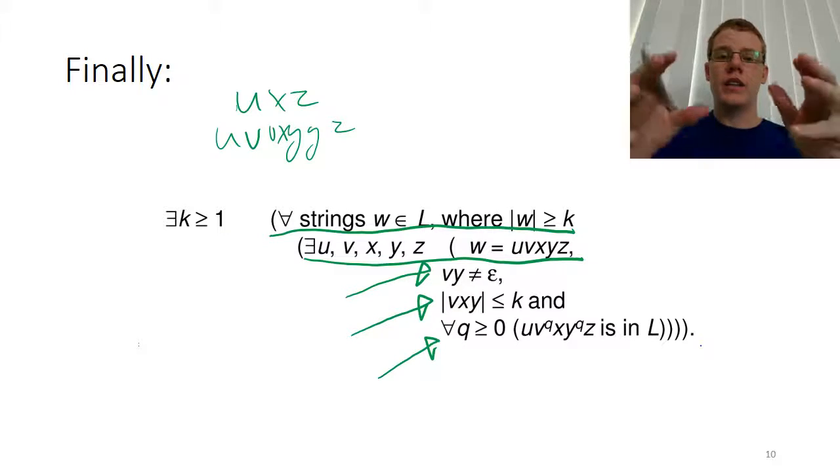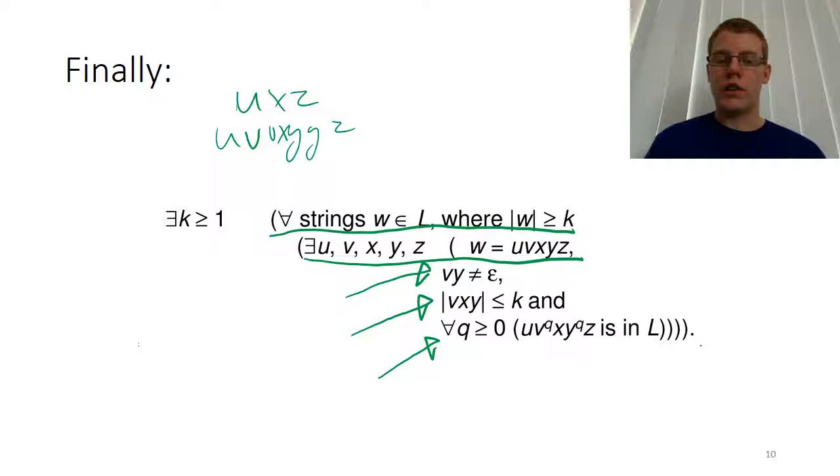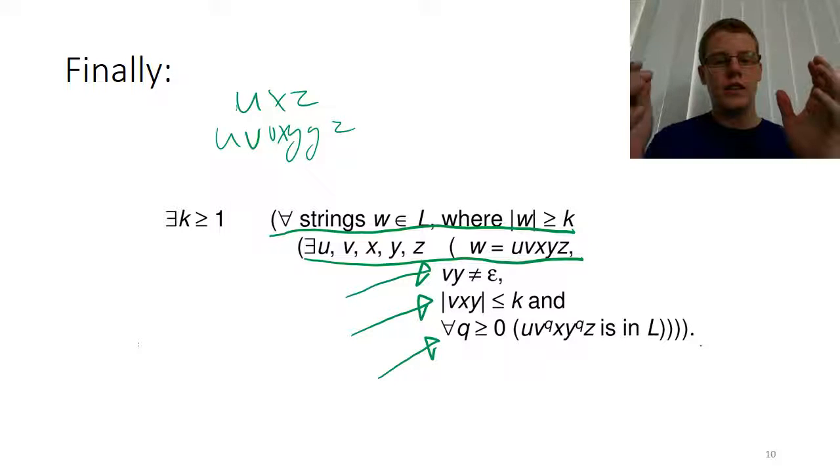So we can take this as a true statement about all context-free languages. If we are given a language that we think is not context-free, we can say, well, if it was context-free, then it would obey this property, and then we prove that it doesn't obey this property, and by doing so, we have proven that the language cannot be context-free, in the exact same way that we did for the regular languages. So the overarching proof style is completely the same as it is for the regular languages, but